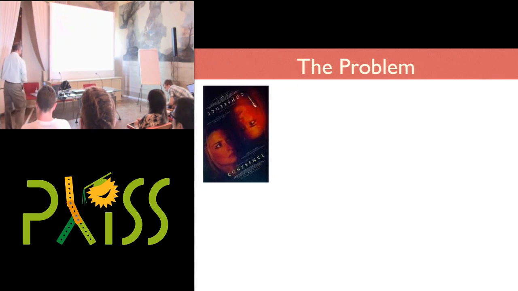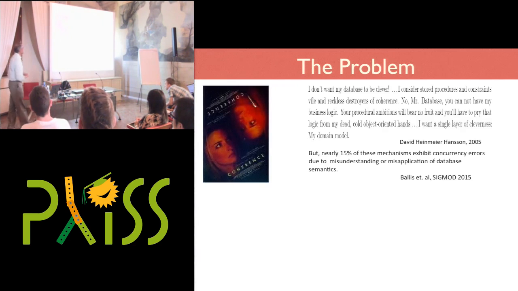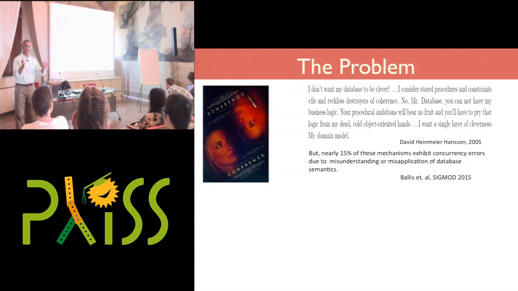So that's one issue. The second issue is that there are multiple chefs, multiple cooks that are trying to get involved here, trying to figure out what's going on. So here's a quote from David Hansen, who was the designer of Ruby on Rails, right? And I found this quote to be very telling. So basically, he's a database guy, and he doesn't trust storage systems. I'm sorry, he's a web designer. He doesn't trust the database and the storage systems that the database manages.